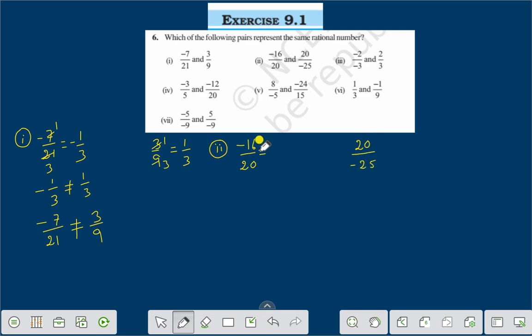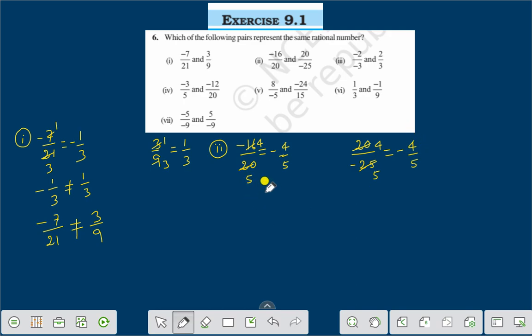If we cut this by 4, 4 fours are 16 and 4 fives are 20, this becomes minus 4 by 5. And this one we are cutting by 5, 5 fours are 20 and 5 fives are 25. That is, we are getting here minus 4 by 5,